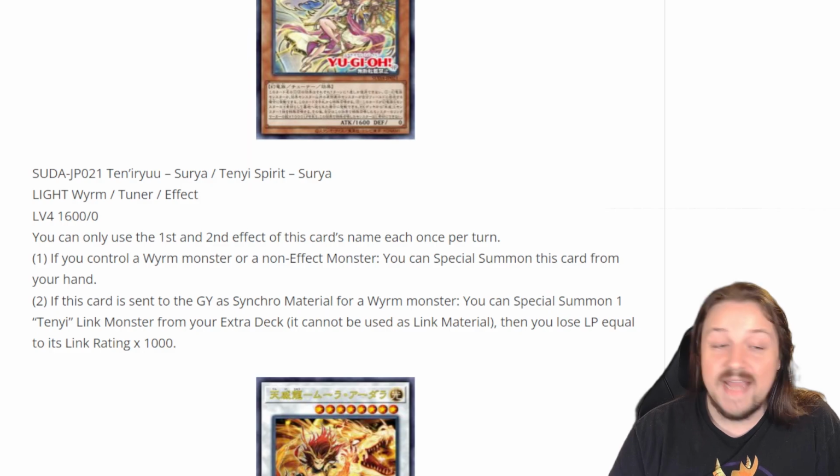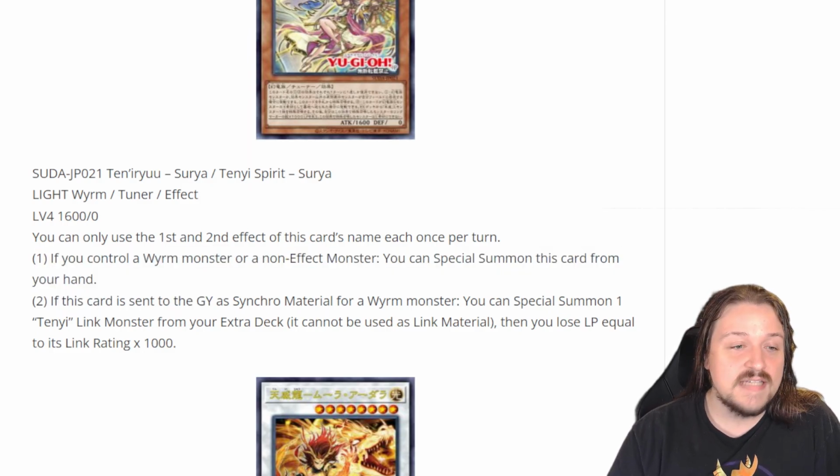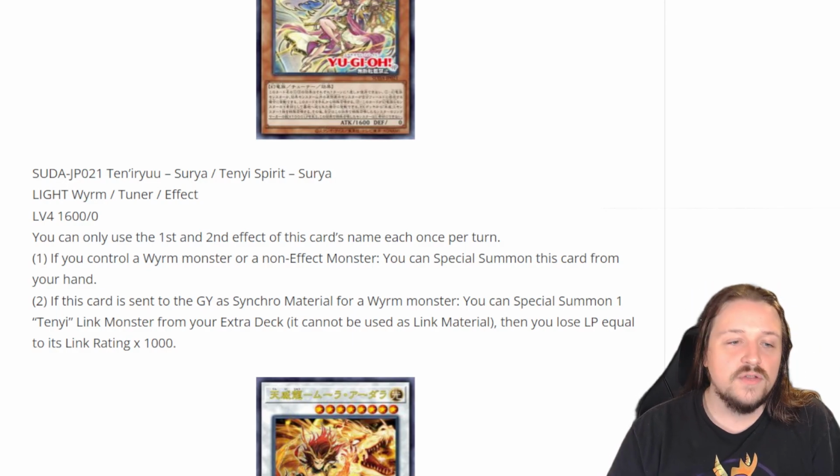For this card's second effect, you could have just stopped at that first effect. That's really good. For the second effect, if this card is sent to the Graveyard as a Synchro Material for a Wyrm monster, which it will be, you can Special Summon one of your Tenyi Link monsters from your Extra Deck. It cannot be used as a Link Material. Then you lose Life Points equal to its Link Rating times 1,000. So you can summon out a copy of Monk with this card's effect and you'll lose 1,000 Life Points,